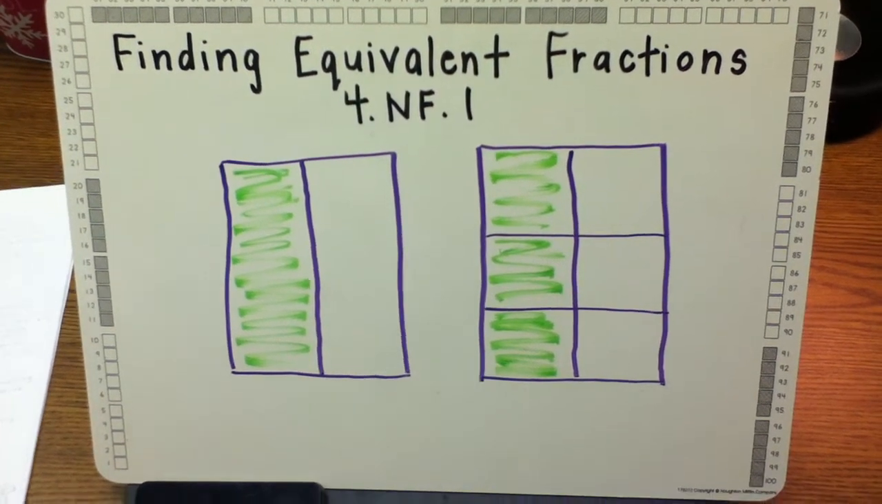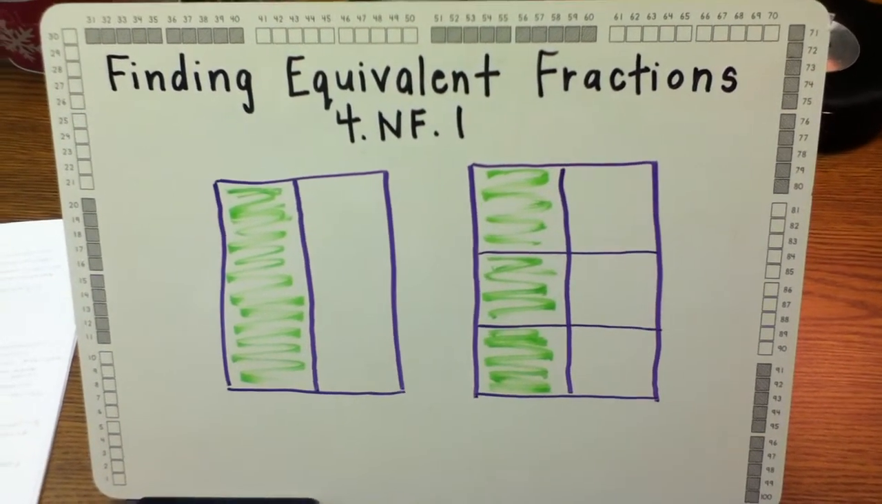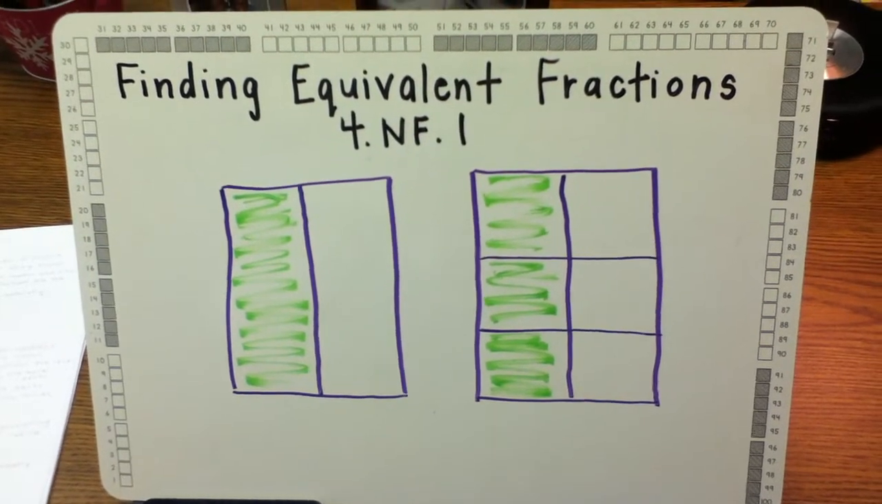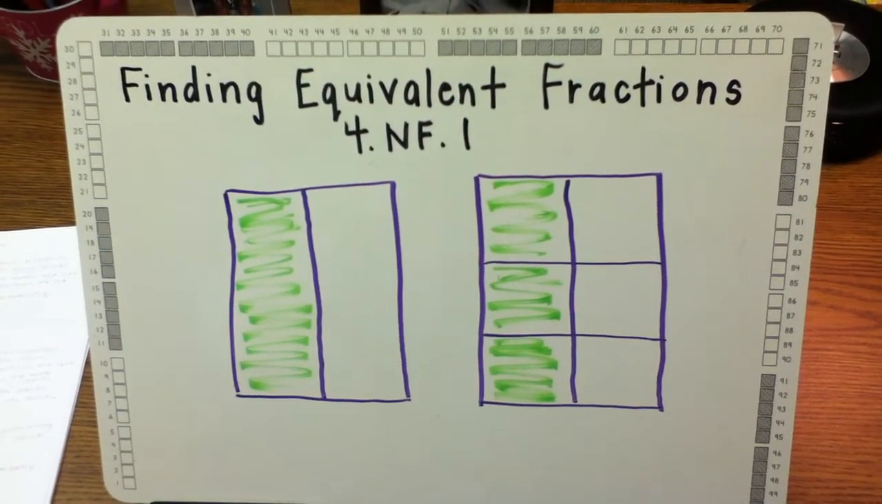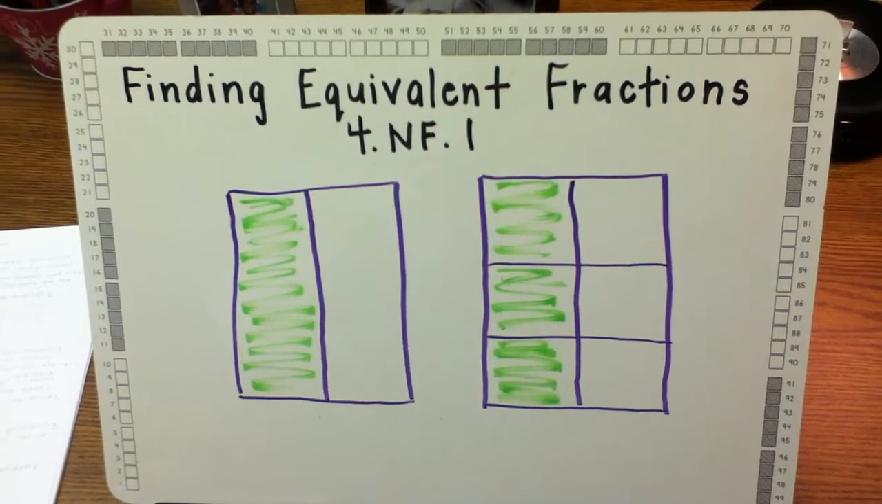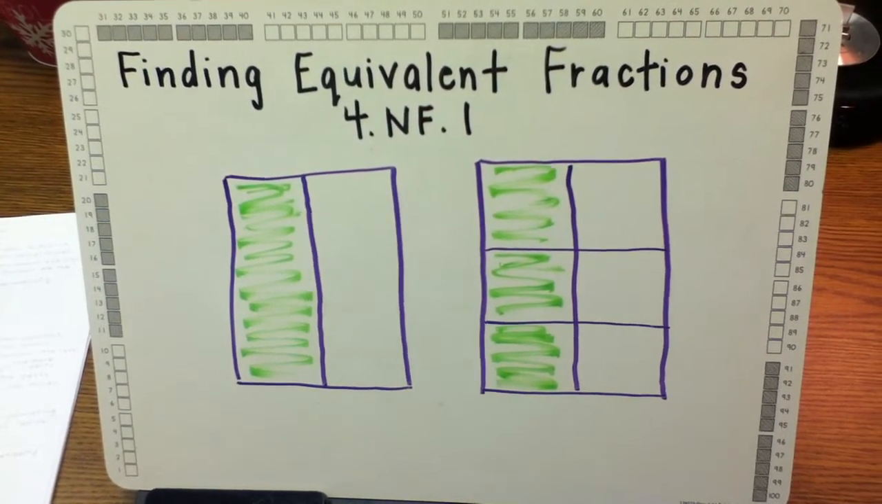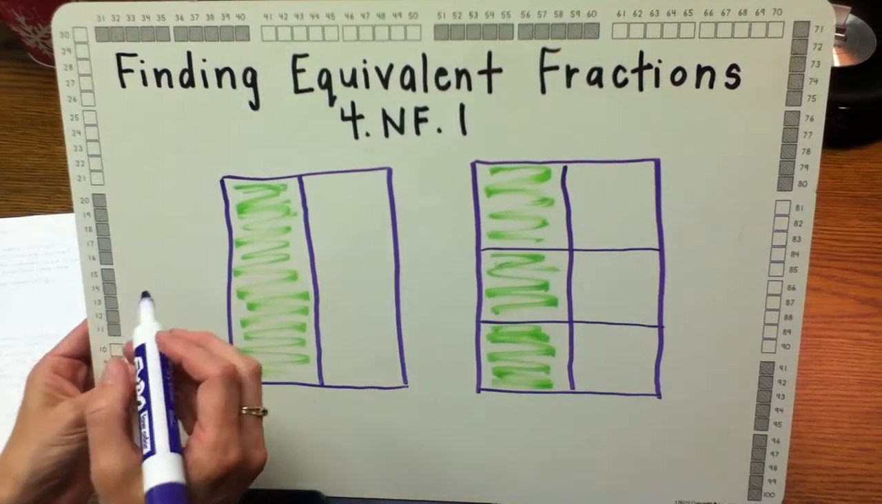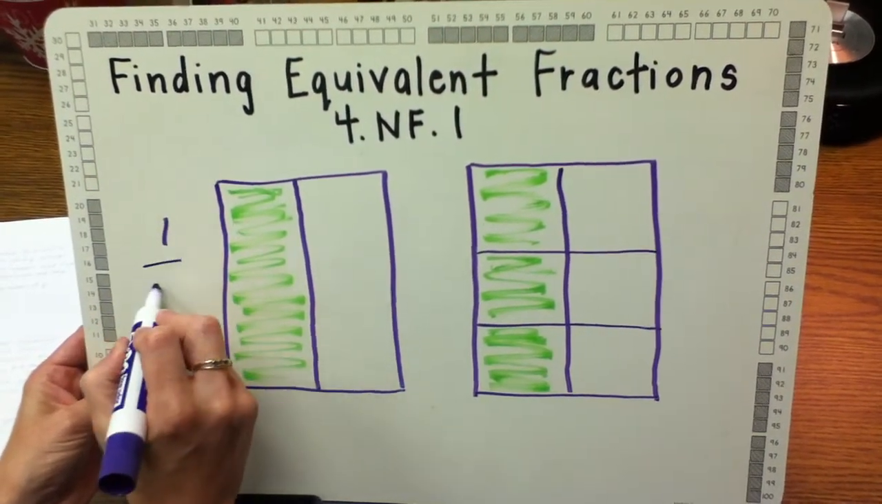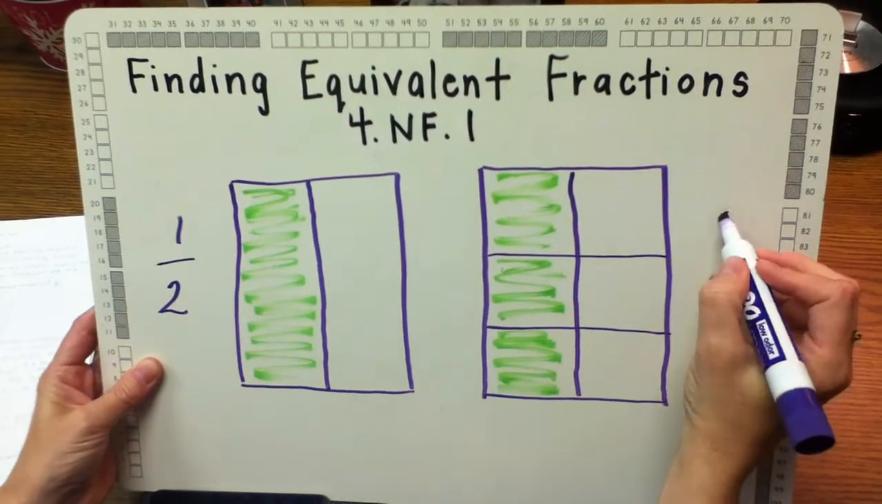For this standard, students should first be able to explain why fractions are equivalent using visual fraction models. So they should be able to explain how the number and the size of the parts differ even though the fractions are the same size. So here, if I have an area model of 1/2 and an area model of 3/6,